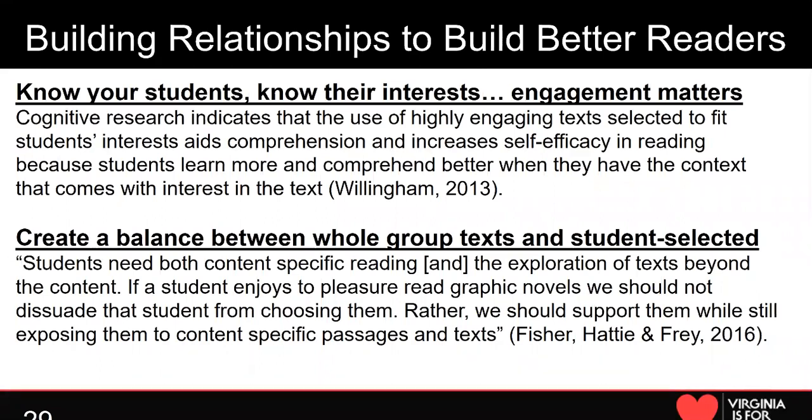And then finally, in terms of balancing the type of text that you're using in class, it is important, especially in a history class, but across all content areas, to select text that the entire class is reading, because that enables analysis and discussion in a way that 100% student choice may not. But we also know that the best way to engage students with the text is to let them choose that text. So there should be a balance, not just in English, but in history classes as well, so that students are exposed to a variety of different passages, but also they're exposed to reading that they enjoy.